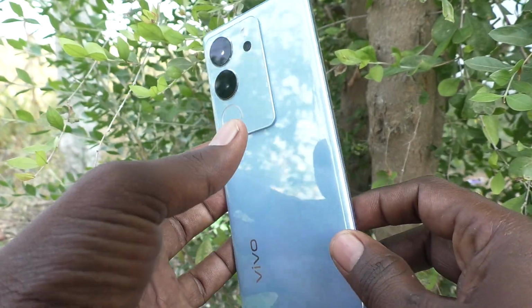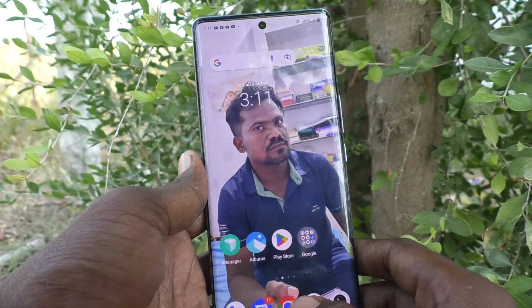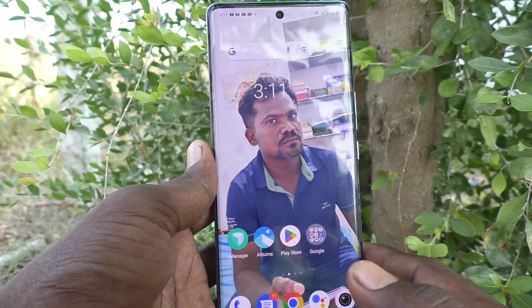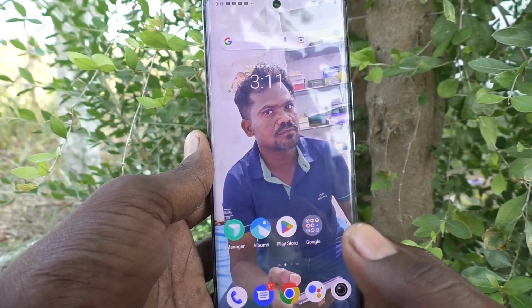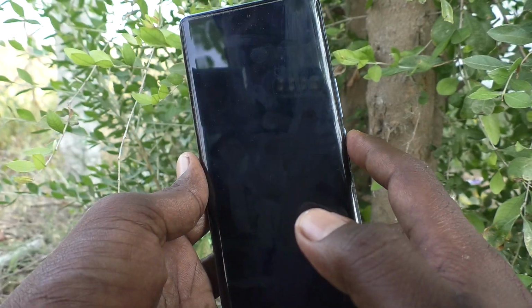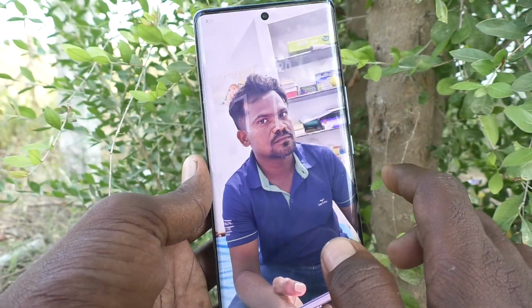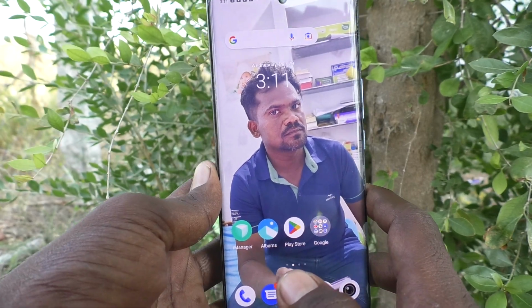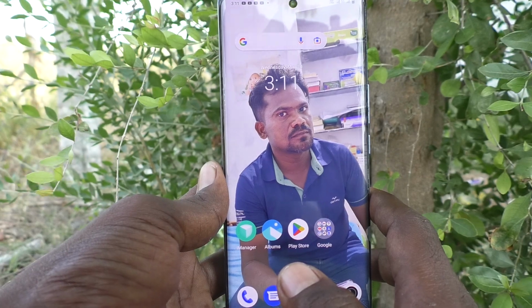Here is Vivo V29 Pro 5G smartphone. In this video, you will learn how to turn off double tap to wake up the screen in your phone Vivo V29 Pro. Suppose if you have activated double tap to turn on the screen or wake up the screen, if you would like to now deactivate or turn off double tap to turn on the screen, yes, you can